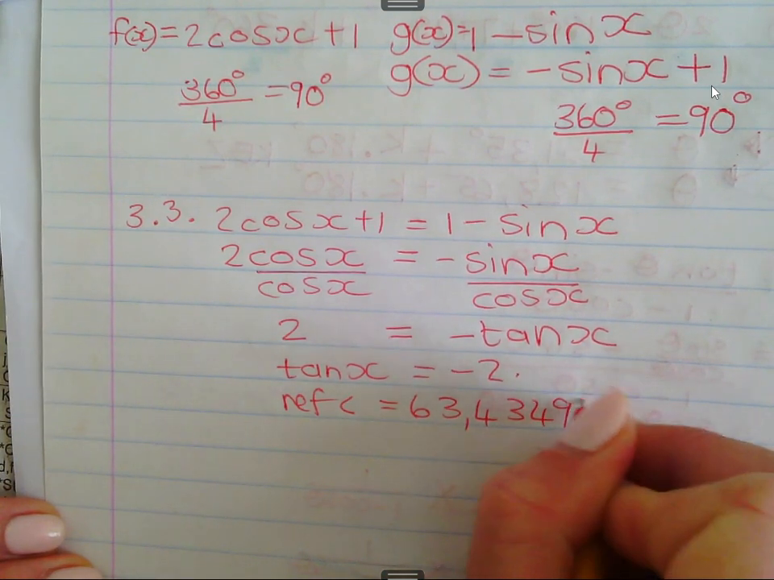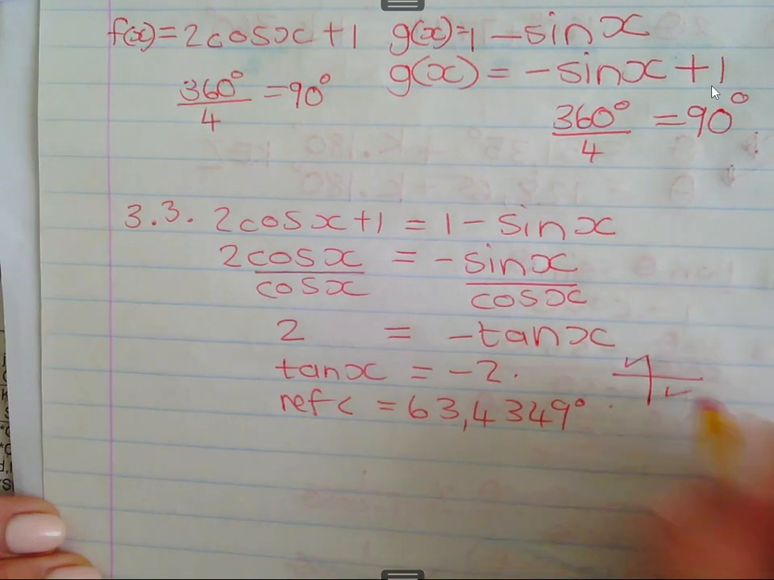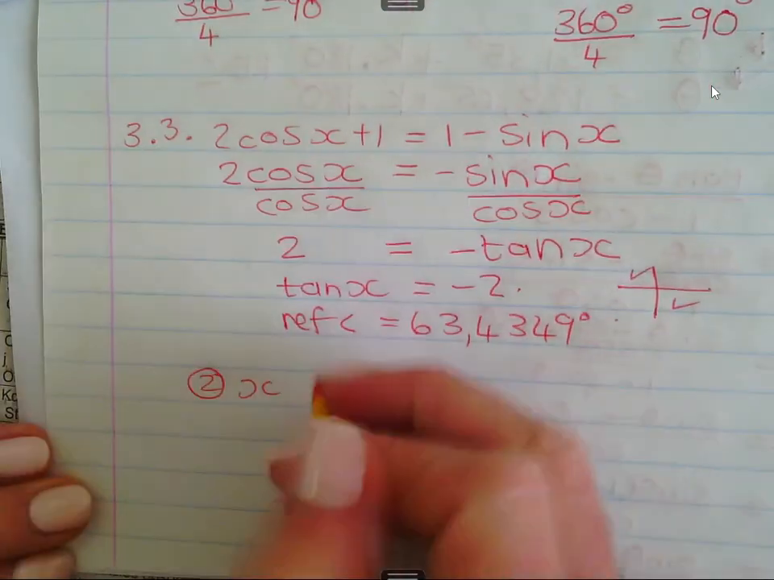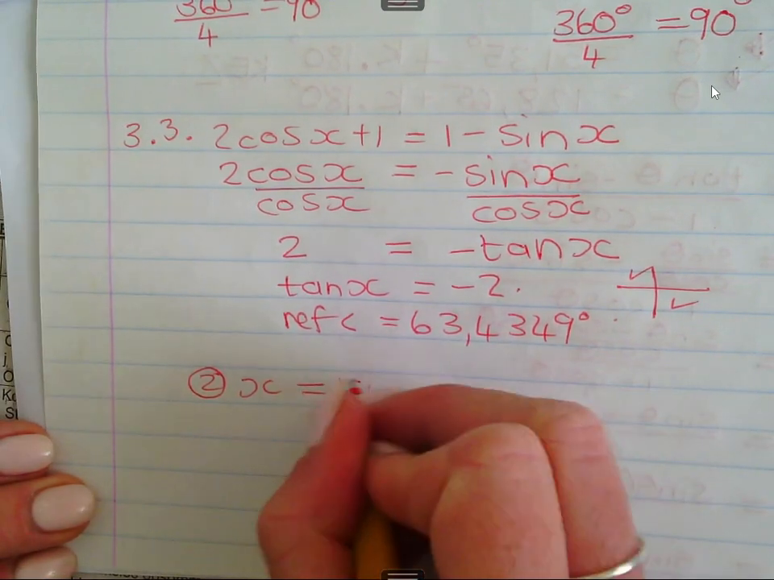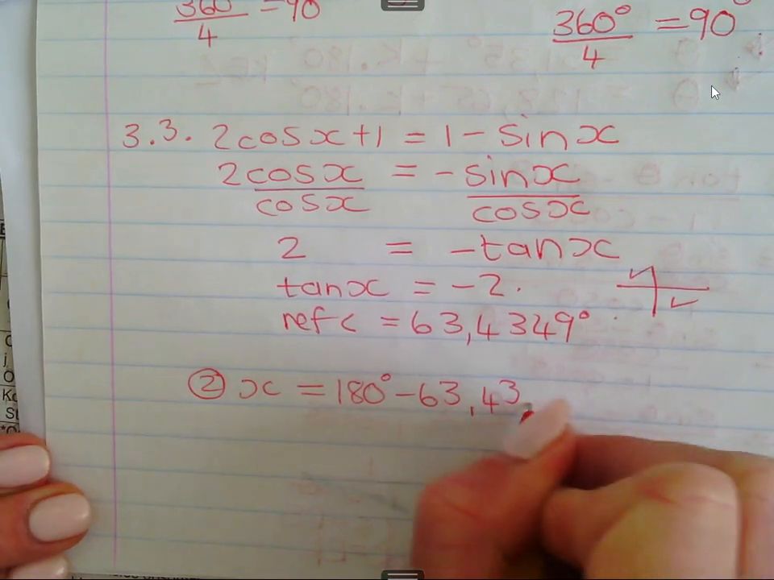63,4349 degrees. This is negative, so in our cast diagram it will be in the second and in the fourth quadrant. So x is going to be in the second quadrant, equal to 180 degrees minus 63,43